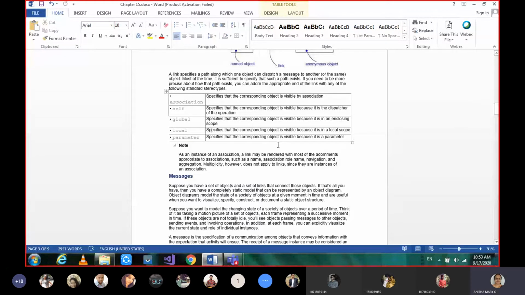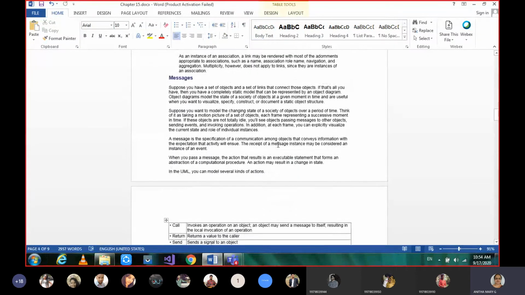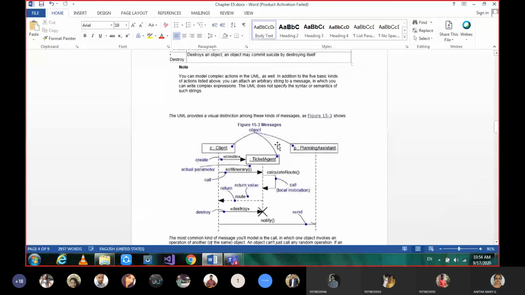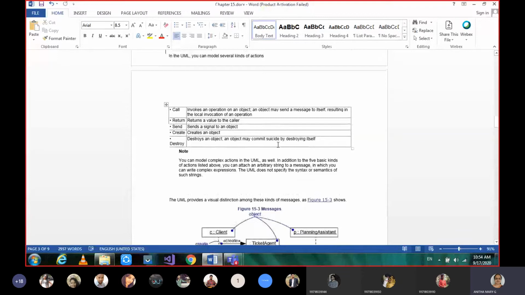Then moving on to the next terminology, messages. A message is the details of what is being communicated. In UML we can model many kinds of actions, so a message can have any of these five. First, call.